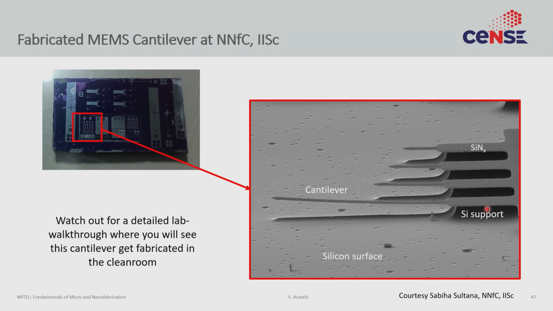Now some of you may ask, why is this cantilever slightly bending upwards? Think about it, it's an interesting question, and the answer is fairly simple. That is that you are trying to deposit silicon nitride. Now depending upon what conditions you deposit it under, you would have a different built-in stress. And that stress could be because the film that you are depositing is highly dense, in which case it often has compressive stress. It could also be because you did the deposition at some high temperature, and after that you cool the wafer down.